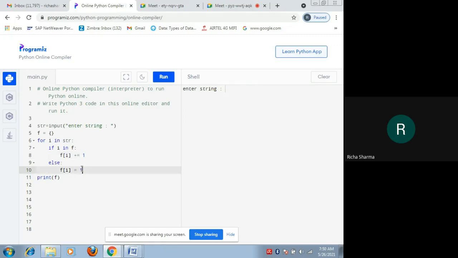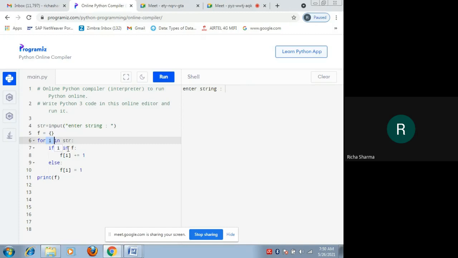Okay. So G colon 1 will be created in the dictionary, and then we will come again to line number 6. We will execute line number 6 again. The next iteration will continue for O. We have passed Google, so the next iteration is for O. So for O in str, again we will execute line number 7.